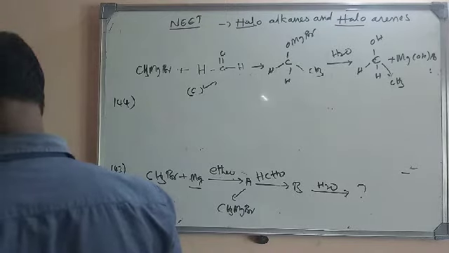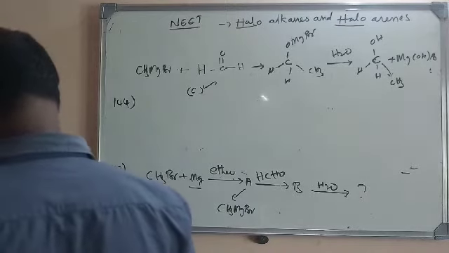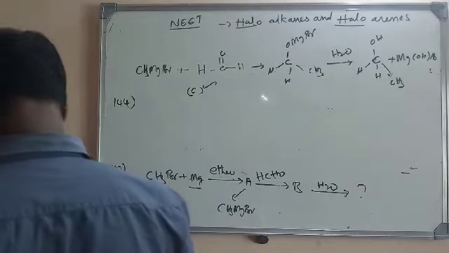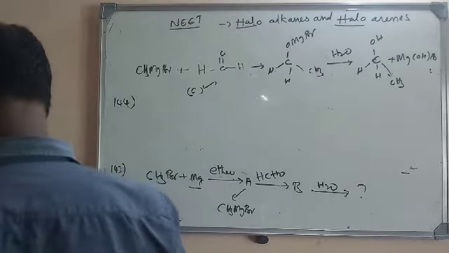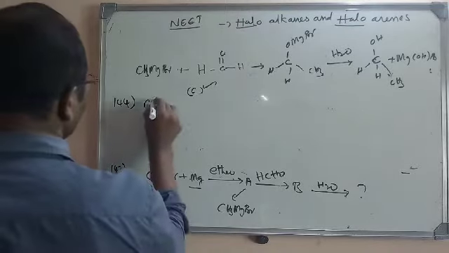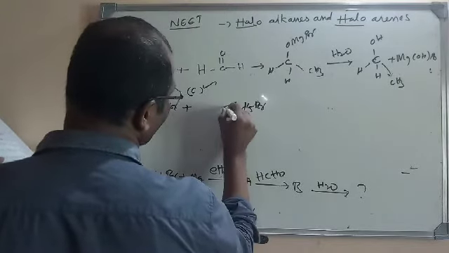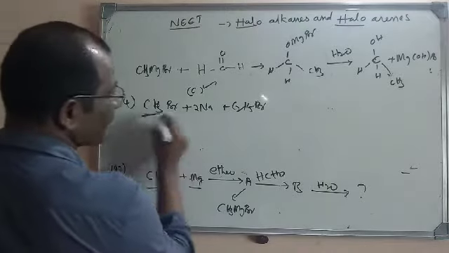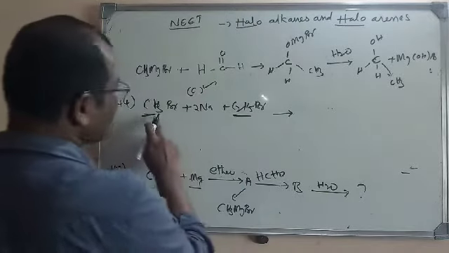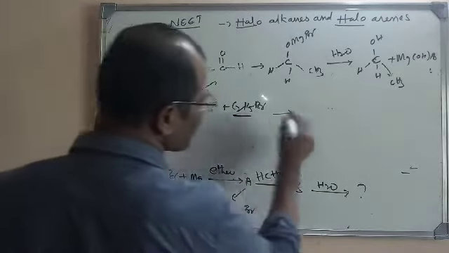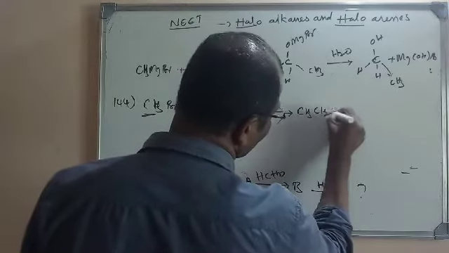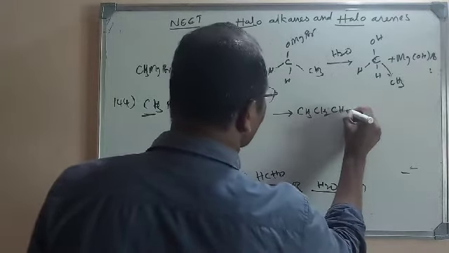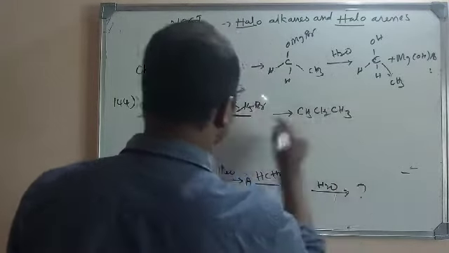CH3Br and C2H5Br are mixed in equal proportions and treated with sodium metal. The number of possible organic compounds? This is a Wurtz reaction, with methyl bromide and ethyl bromide, CH3Br and C2H5Br, and we are taking sodium metal here. In the Wurtz reaction, the first possible alkane is CH3, C2H5, that is nothing but CH3CH2CH3. So propane is possible.